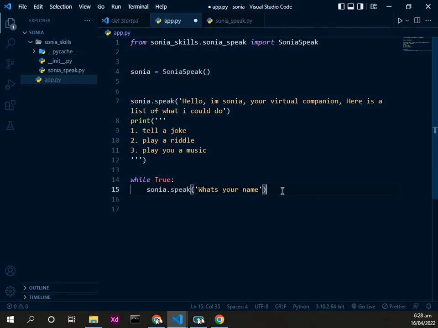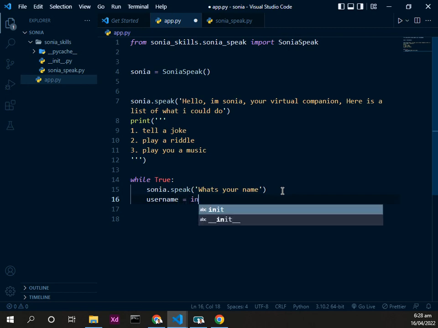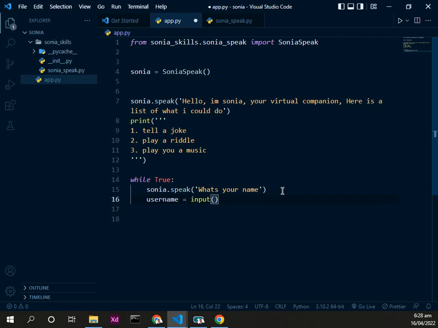So we're going to use the input function in Python to interact with Sonia. So to do this, we'll put our name. We'll call this username. We'll put this inside of a variable. The reason why we're doing this is so that Sonia could have access to the variable. So that's why we're storing this in a variable. And then we'll say input, then we'll say enter name in the space here.